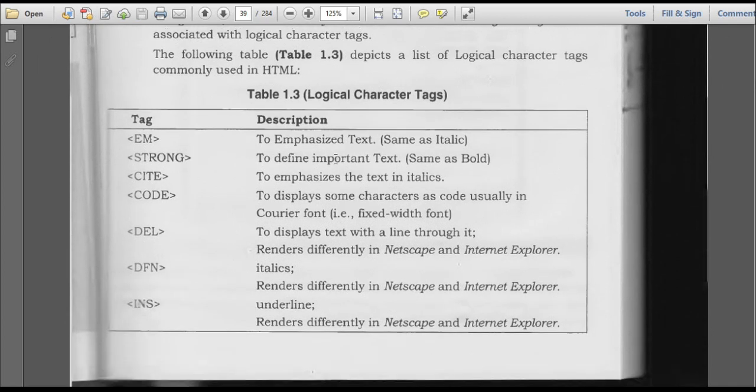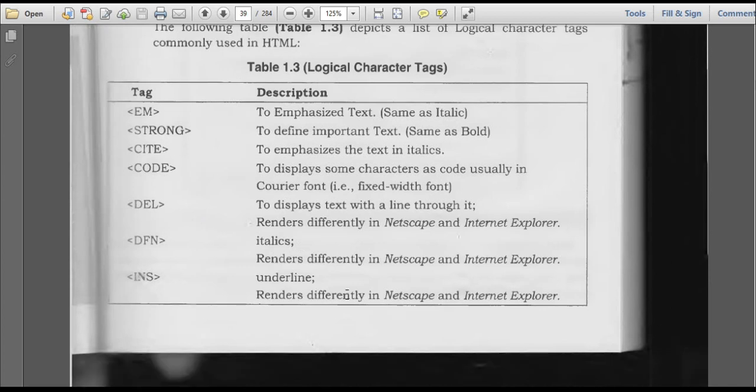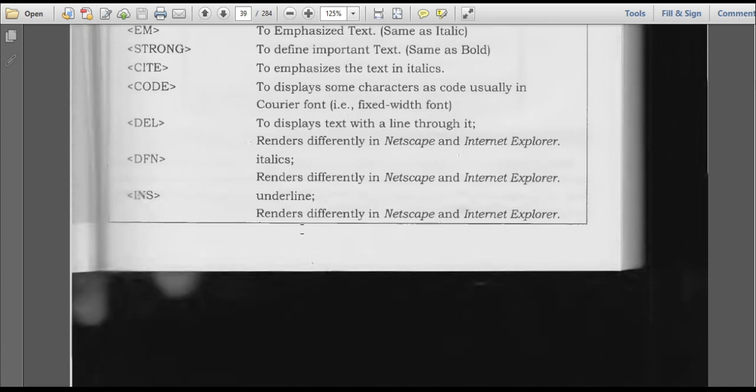Emphasize text, define important text, cite, emphasize the text in italic. Code, this displays some characters as code, usually in Courier font. DEL, to display the text with a line through it. DFN, it will be in italic, it is referenced differently in Netscape Navigator, Internet Explorer, underline.